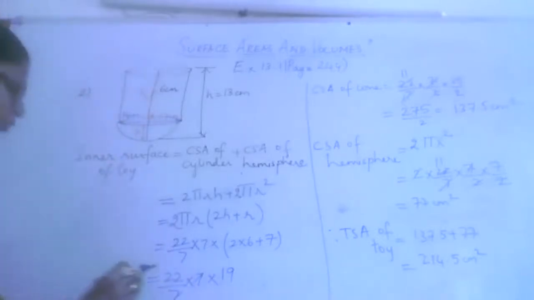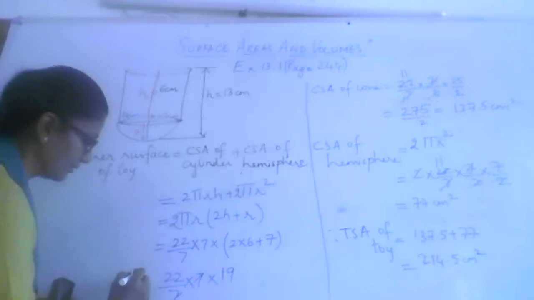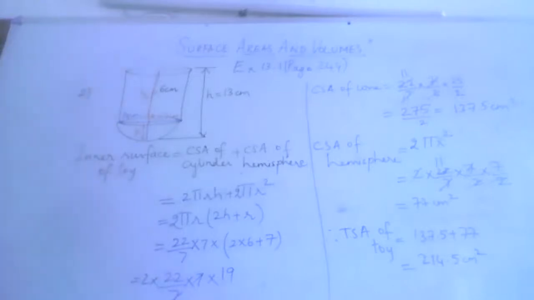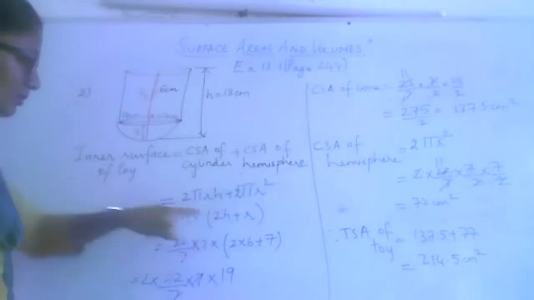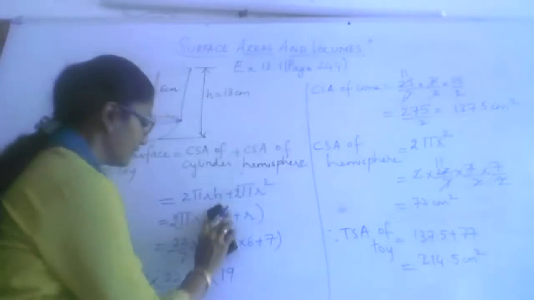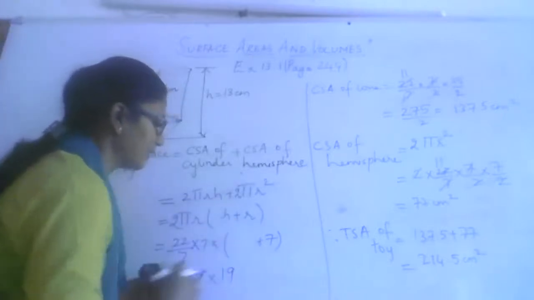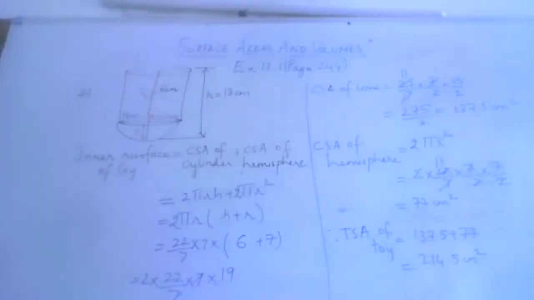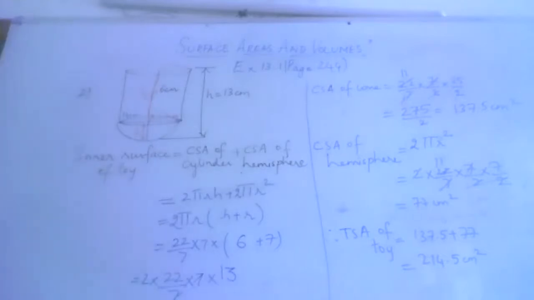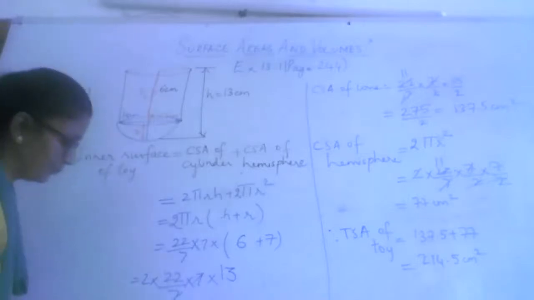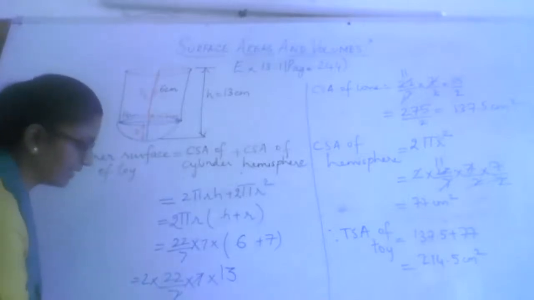What is your doubt? I didn't follow. I missed the 2 there, correct. What else? 2 pi r is a common factor. So h will be, sorry, this h will be only 6 plus 7. Anything else that I have missed? Oh, this will be a 13. Correct now? 44 into 13. Yes, it should be 13 by 22. Are you getting it?